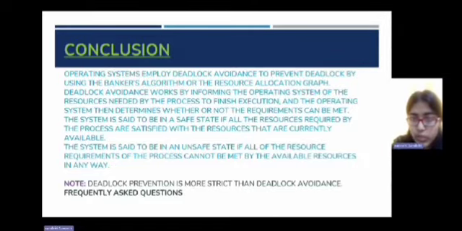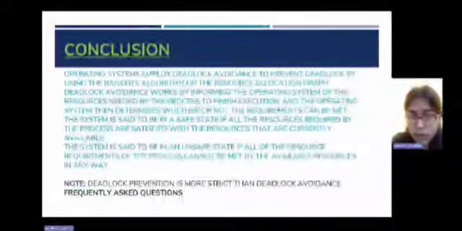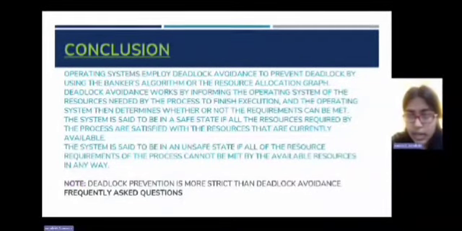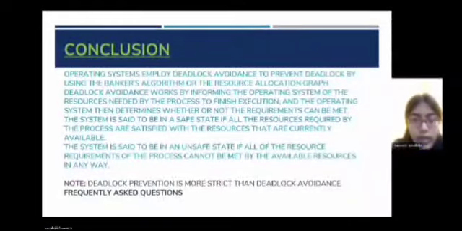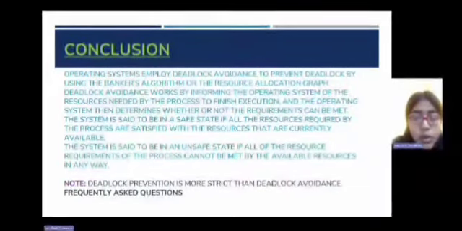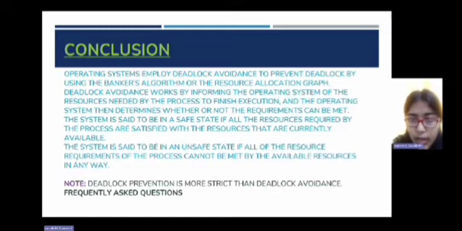Now deadlock avoidance works by informing the operating system of the resources needed by the process to finish execution, and the operating system then determines whether or not the requirement can be met. The system is said to be in a safe state if all the resources required by the process are satisfied with